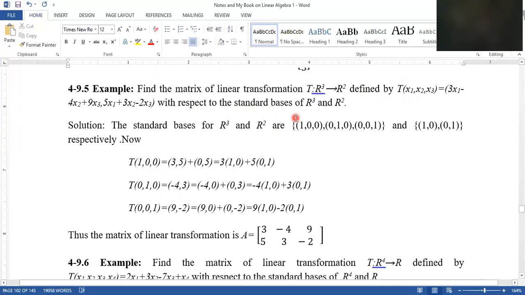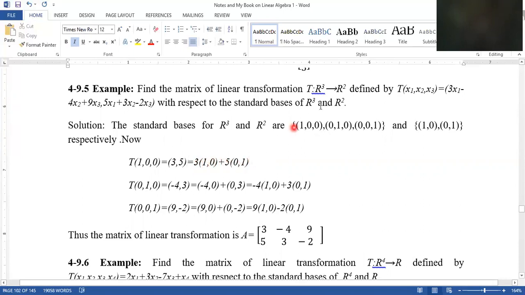So the standard basis of R3 is (1,0,0), (0,1,0), (0,0,1), and the standard basis of R squared is (1,0), (0,1). You have to put the standard basis of the input into this linear transformation, that is (1,0,0). Ultimately you will get (3,5). Let me correct it, it should not be like this. Okay, so you will get (3,5), and this (3,5) can be written as 3(1,0) plus 5(0,1),